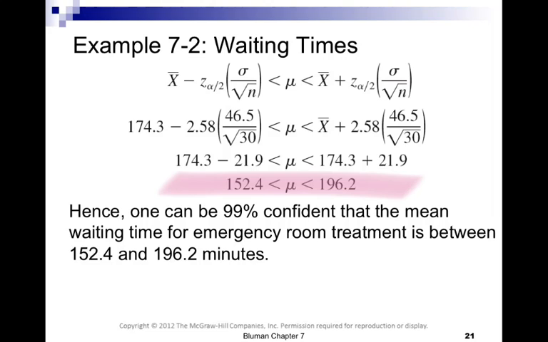All right, one can be 99% confident that the mean waiting time for emergency room treatment is between 152.4 and 196.2 minutes. And so these confidence intervals say that the mean is going to fall in that range. All right, so as we go forward,